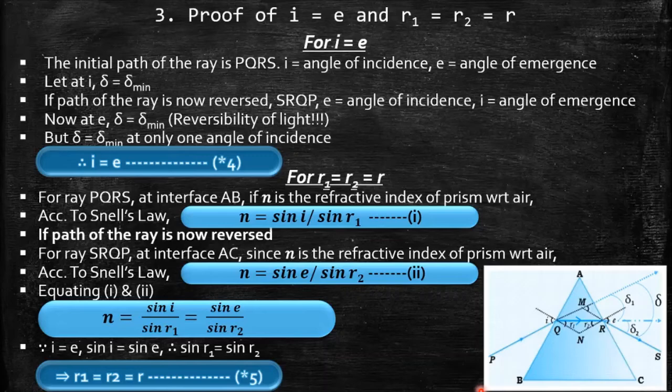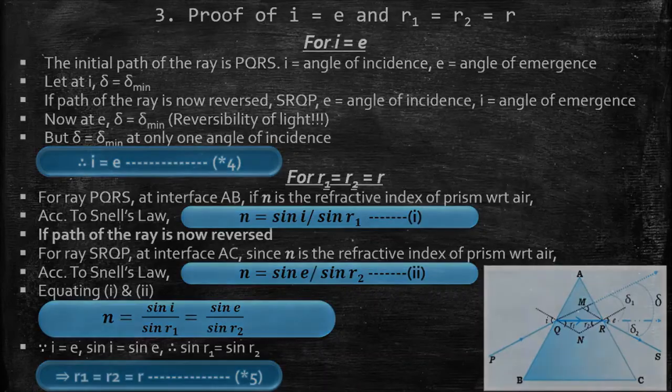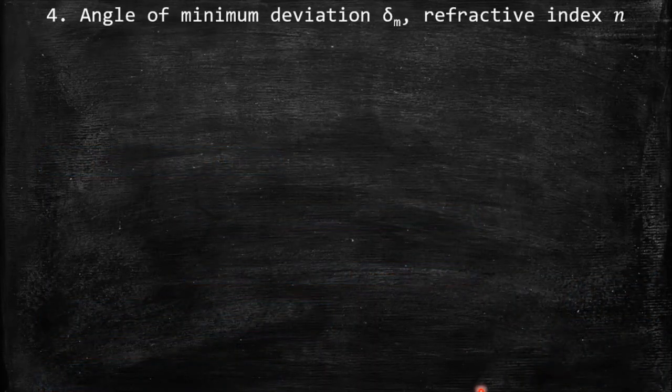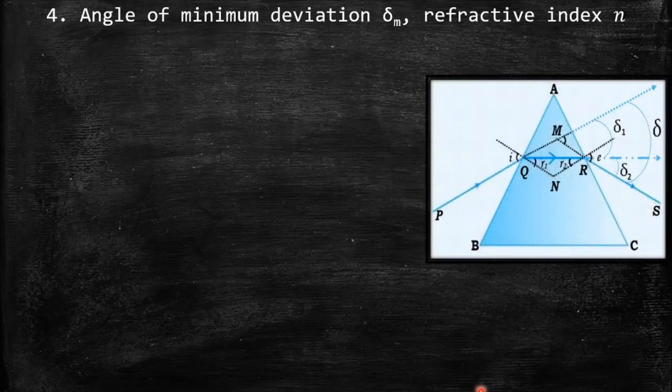So now, the moment that you all have been waiting for, that is to find out the angle of minimum deviation, that is delta M, and lastly to find out the refractive index of this prism. This is going to be our prism formula. Let's try to find out. Oh prism, when are you going to leave me?